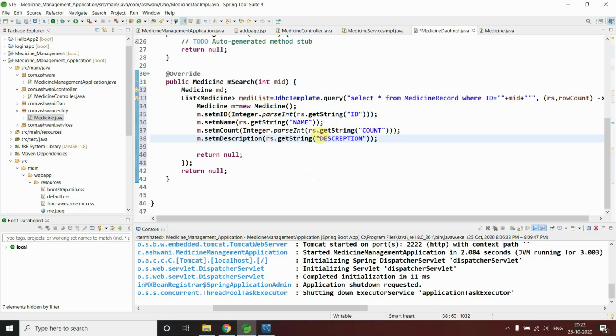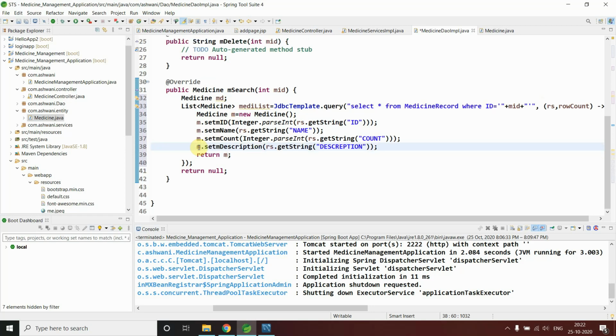So in this case what can I do now? I already set it. Now I have to say return m, because it goes in the list. Now come out from this method, and if your Medicine list is empty, okay, is it empty?